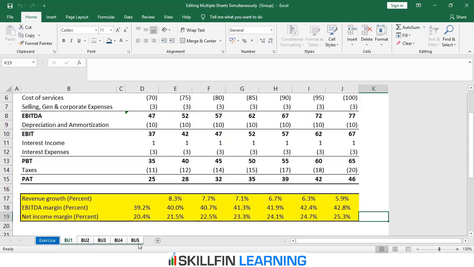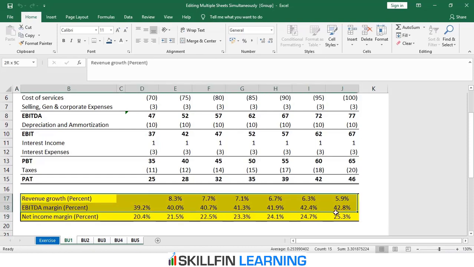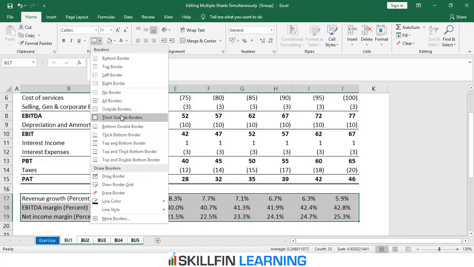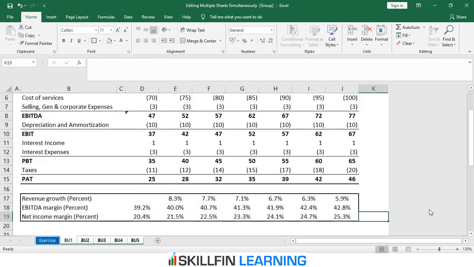Because the selection has been made for all the sheets, the same calculation would have been done for all the other sheets. Let us just reformat this whole selection. So I make the selection. Let us remove the color. I say no fill. And I simply make this thick outside borders. So this gives us thick outside borders for the ratios that we have calculated. And maybe you can add another border line here. So I once again make the selection of cells B17, 18 and 19 and I say thick outside borders. And that again will give us a borderline on cells B17, 18 and 19 on the right side.